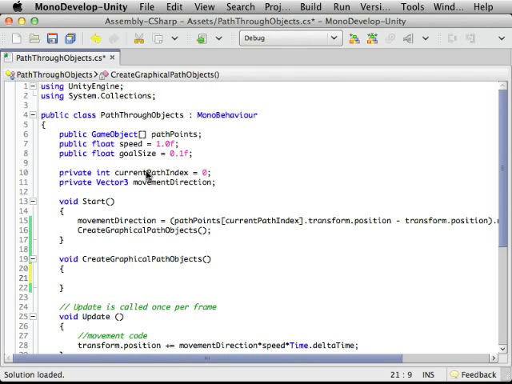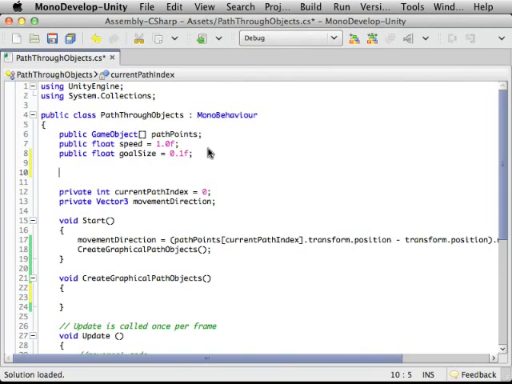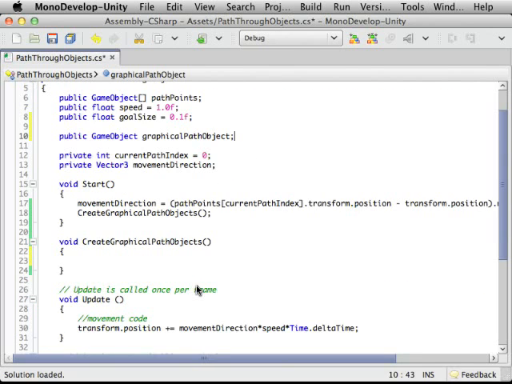So now we need to figure out our logic here. So first off, let's create a reference to our path objects. So public game object, no, not array, just game object, graphical path object. It's probably over descriptive, but it's better to be over descriptive than under. Rule of thumb, if you've reached 80 characters for a single variable name, you've gone way overboard. All right,